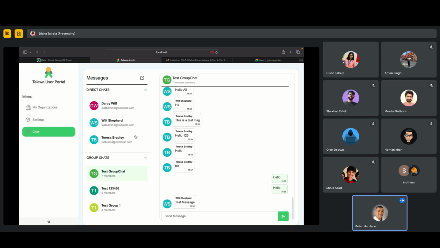It's really good. Does anybody else have any questions or comments about this? No? All right. Thanks. Hold on. Good. Aman, please go ahead. Yeah, are you planning to implement any file uploads and photo uploads like we have on WhatsApp or any other platform? Yes, actually, I'm planning to do that.